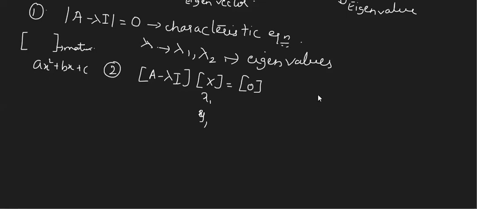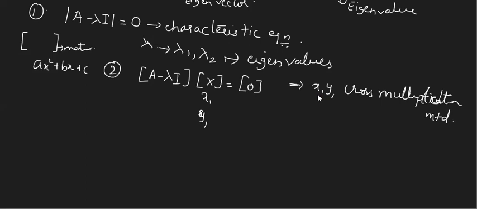Here you have to substitute and simplify this system. Our intention is to find the values of small x and y, or if it is of order 3, x, y, z. This is to be found for each value of lambda. How to get it, I'll explain in the example. These values of x and y are to be obtained by one method called the cross multiplication method.